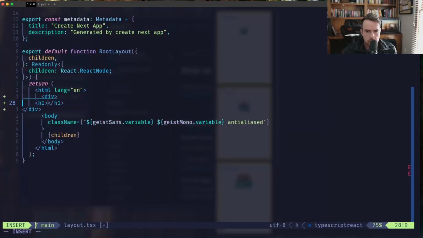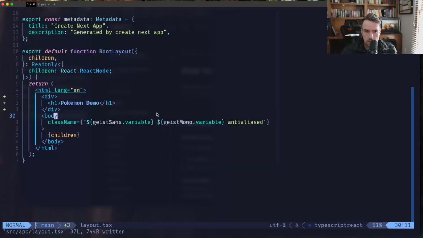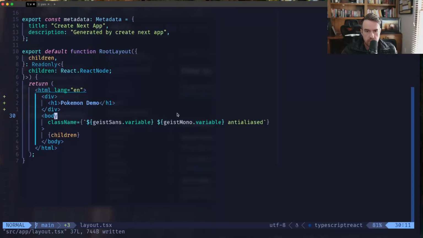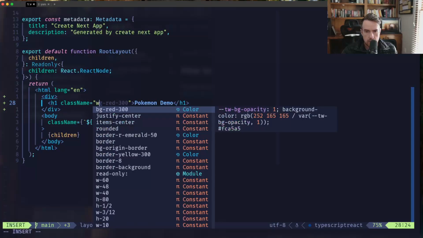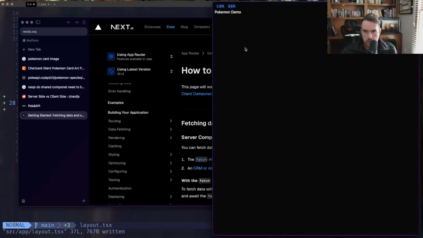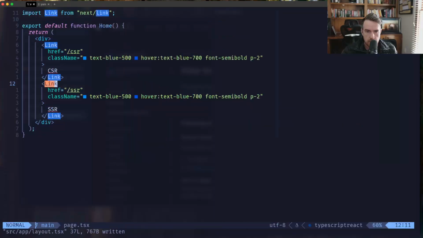P or H1, Pokemon demo. Right. I do this and it's going to say, right, it's not going to break stuff. But we don't have Pokemon demo. Pokemon H1 class name white text white. Black background. Okay, so it is there. And so this is the root layout. The page,